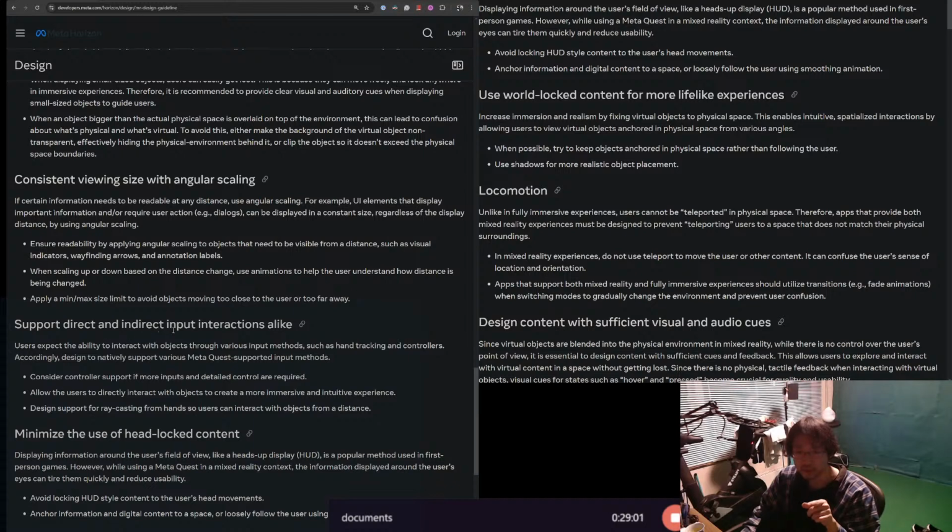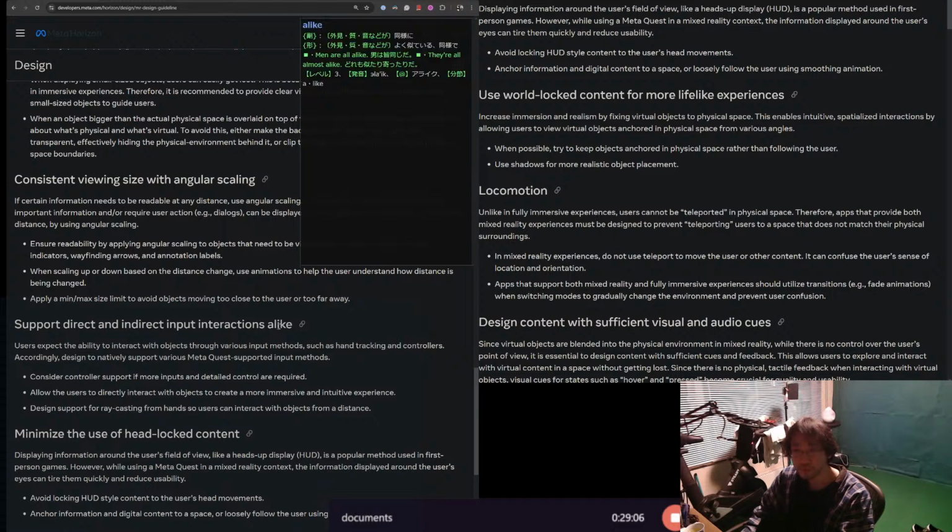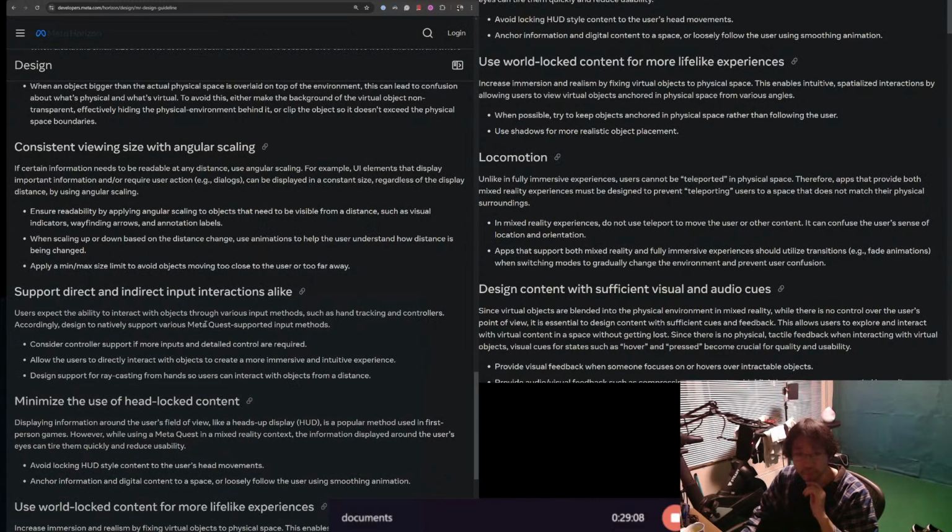Support direct and indirect input interaction alike. Users expect to be able to interact with objects through various input methods such as hand tracking and controllers. Controller support: if more detailed inputs are required, controllers are needed. Allow the user to directly interact with objects to create a more immersive and intuitive experience. Design support for casting from hands so users can